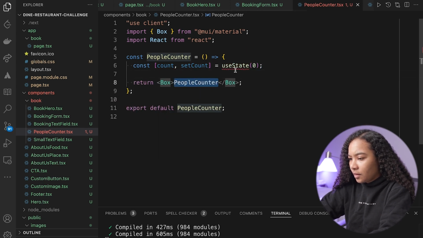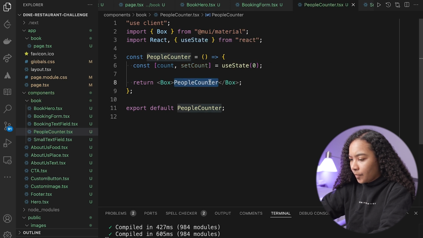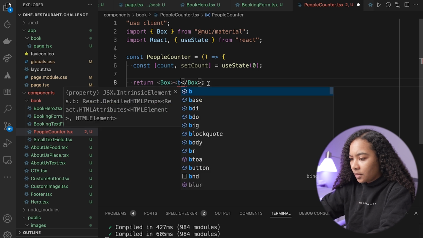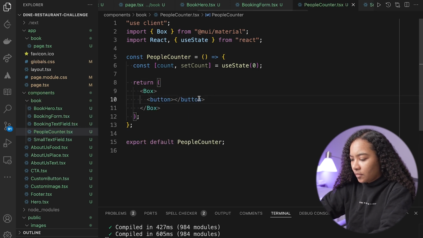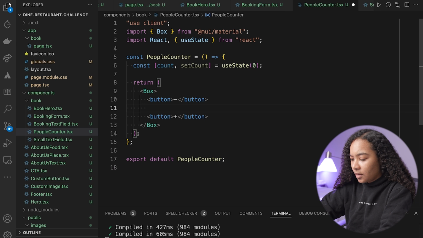And then it's going to be a button with a minus, it's going to be a button with a plus, and then it's going to be